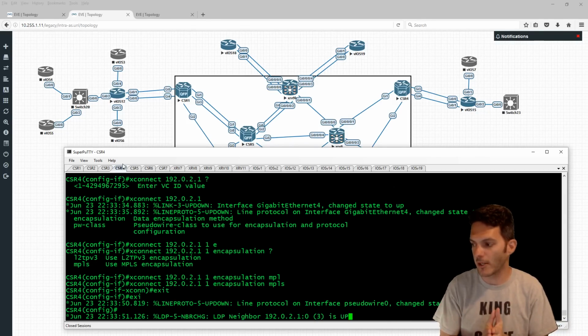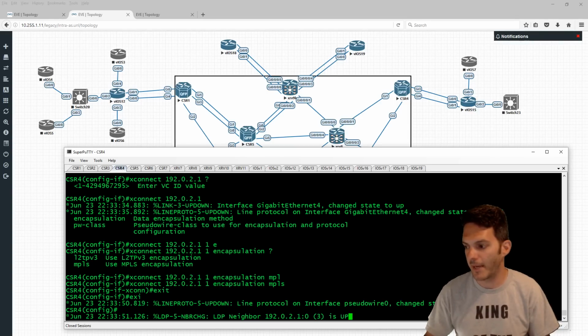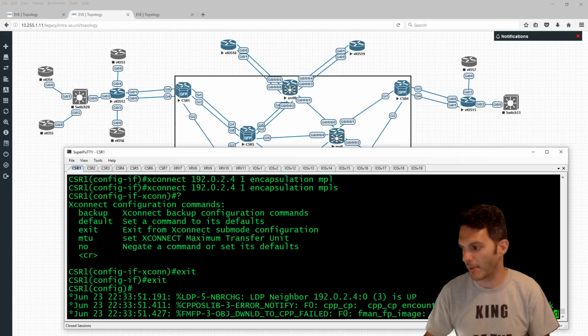So we have the pseudo wire 0 comes up. It's an automatic creation. You don't have to do anything about that. And then we have a targeted LDP peering with CSR1, and CSR1 says the exact same thing. As a matter of fact, it's a little hard for me to